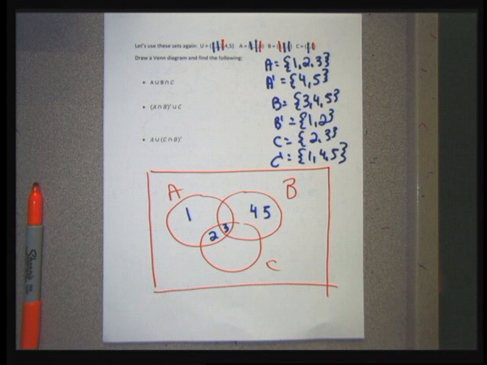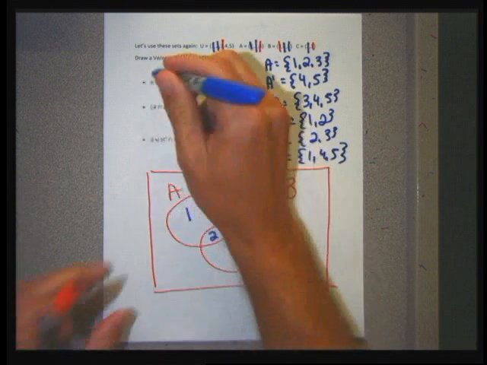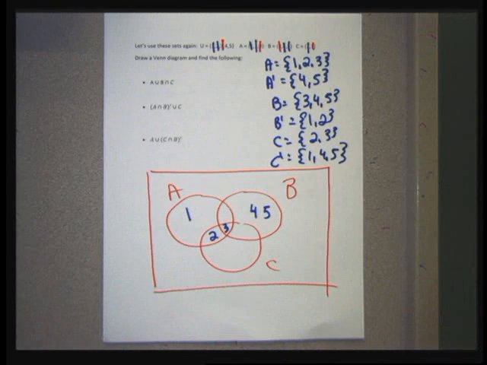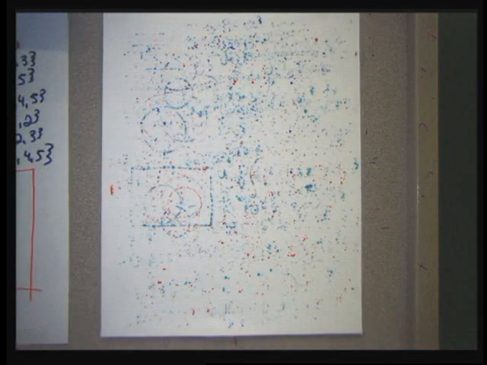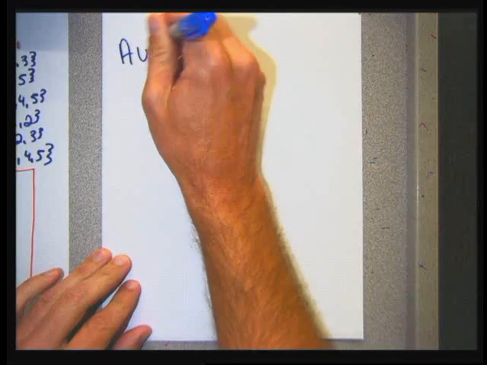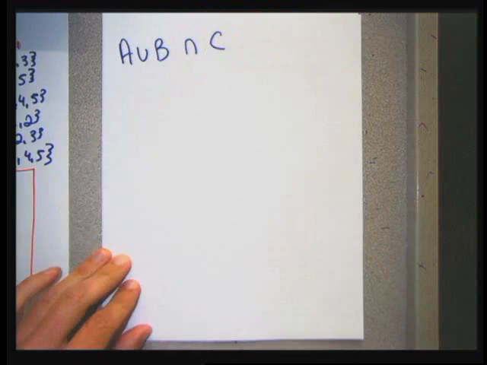Last problem combines unions and intersections. I'm going to work from left to right to get these problems done. So the first problem I'm going to do is A union B and then intersect C. Pictorially it's a little bit harder for these combined unions and intersections. For me, it's easier to do without the picture, so I'll do that first, and then I'll try to do them with the pictures. So to do A union B intersection C, the first thing I'm going to work with